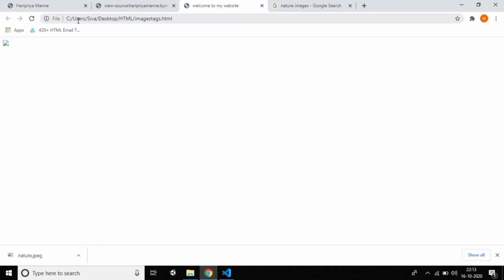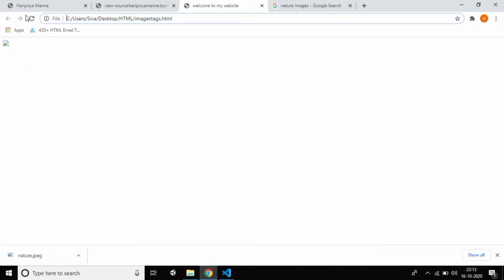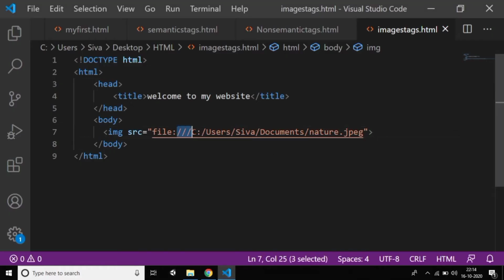You need to give the path very clearly, it's very important, guys. Just Ctrl+S. Is it working? Yes, because I gave the entire path, C users Siva documents, where I pasted the image in documents.